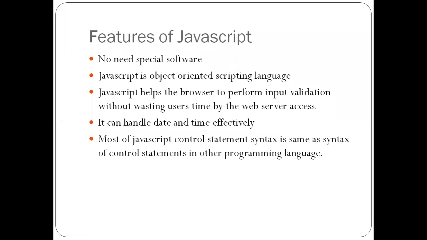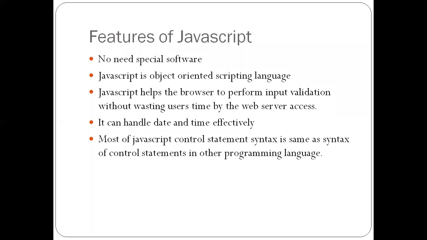Event based means what? For example, there is a validation, and when the user fills the data and clicks the submit button, something is going to happen, meaning it checks whether all the fields are filled or not. If some field is empty, then it immediately gives an error. So what is that? It is an event handle. When I click on that submit button, click is my event. Event means some action is going to be performed, that is called an event. So JavaScript is an object oriented scripting language, and it supports event based programming facility.